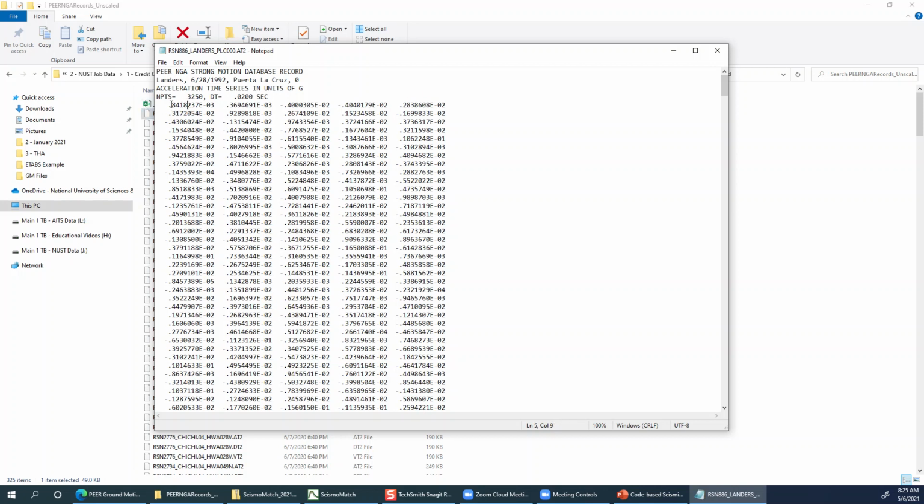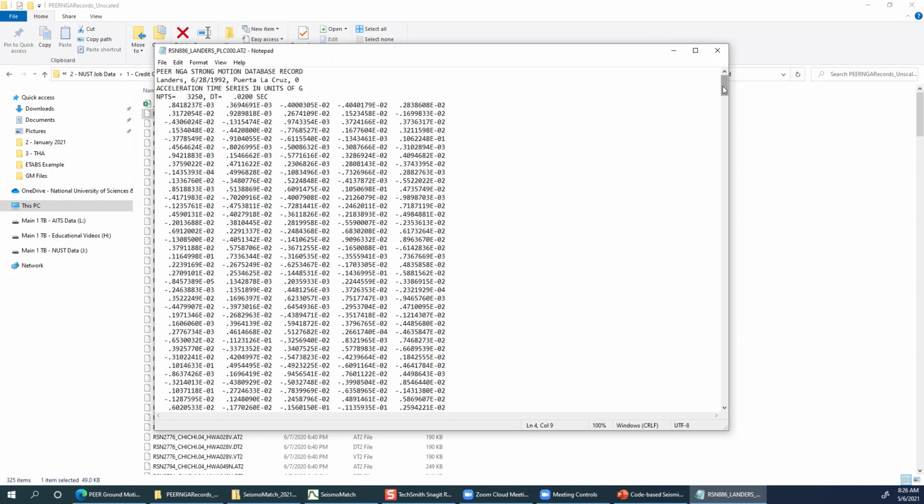So you have to read them line by line. Each line has 5 acceleration values, then the next line, and the total number of points is 3250. So you can multiply this 3250 with 0.02 to get the total duration of the ground motion. The total duration of ground motion will be the multiplication of delta t with the number of points.